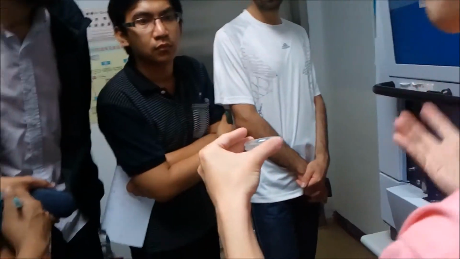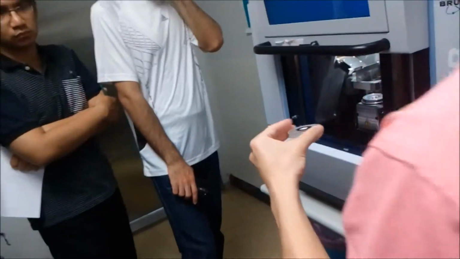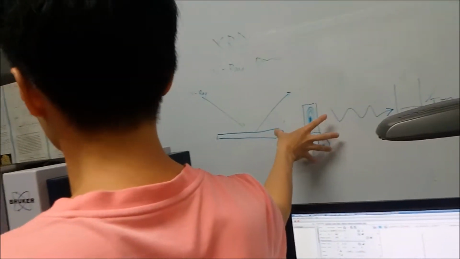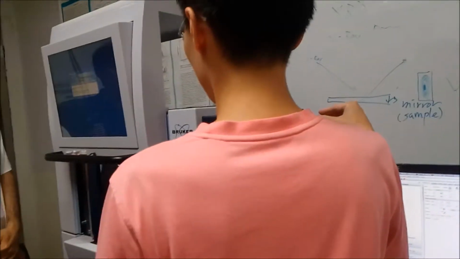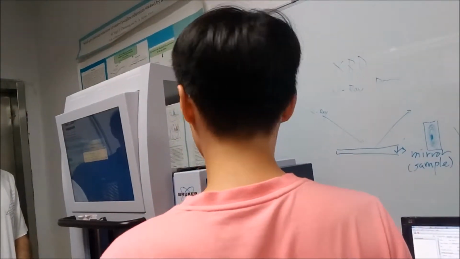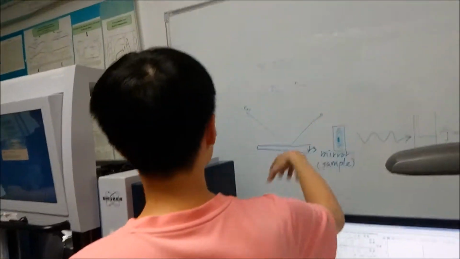Why do we need to use the powder? Do you know why we need to use the powder? Because this sample is just a compound, and we need to know whether this compound has some crystalline phase or none. So the professor just taught you the sample just